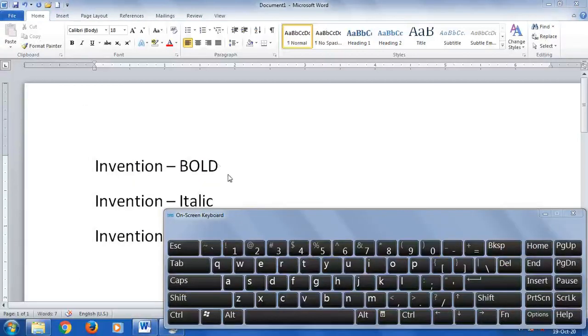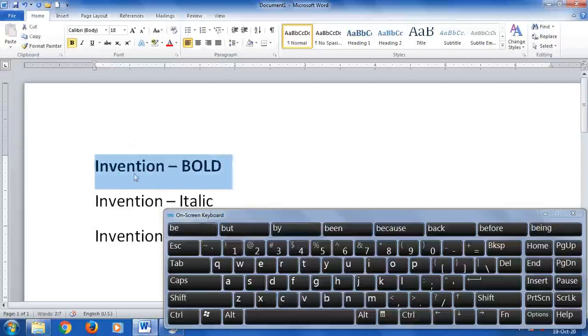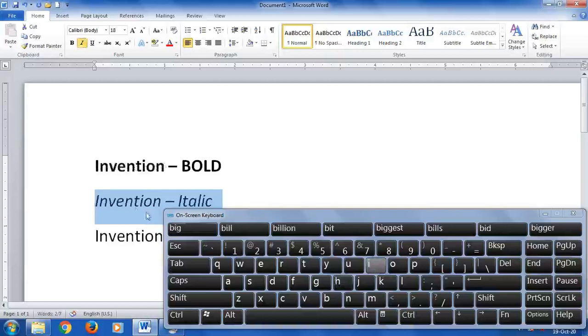Now by using this keyboard, for this text I want to make it bold. So what to press? Press the Ctrl button and press B, Ctrl B, it becomes bold. Okay, so when you press Ctrl B, text becomes bold. Next I want to make this text italic. Then select the text, press Ctrl and I. See, this text is slanted. So this text is darker than the rest of the text, so that's why it is bold, and it is slanted. Okay, that's why it is italic.